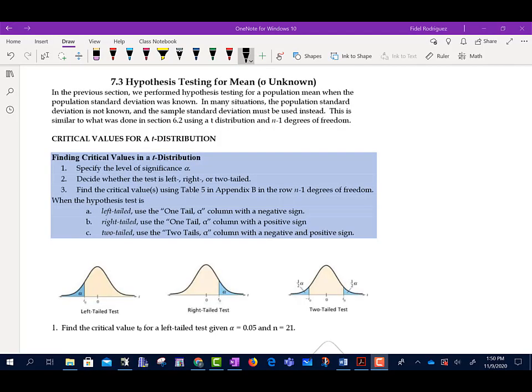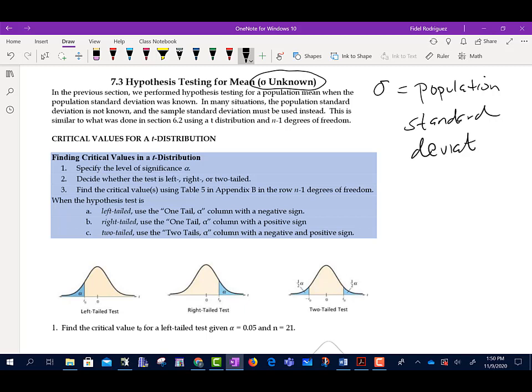Right, section 7.3 talks about hypothesis testing for the mean when sigma is unknown. Remember, guys, sigma stands for the population standard deviation. It says in the previous section we performed hypothesis testing for a population mean when the population standard deviation was known. In many situations, the population standard deviation is not known, and so the sample standard deviation must be used instead. This is similar to what was done in section 6.2 using a t-distribution and n-1 degrees